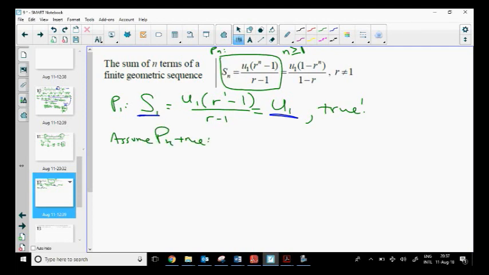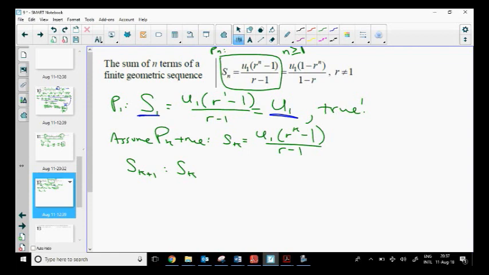We're going to assume p sub k is true. That is to say that s sub k has to be equal to u sub 1 times r to the k minus 1 over r minus 1. So what can we say about s sub k plus 1? Well, s sub k plus 1, that's the k plus 1th partial sum. Well, that has to be equal to